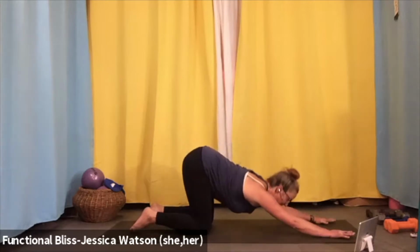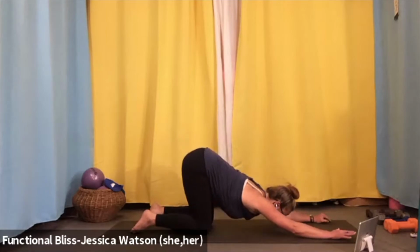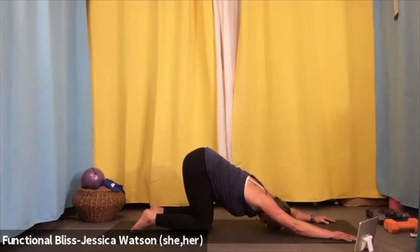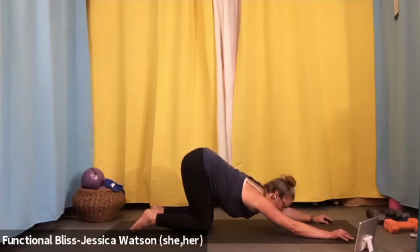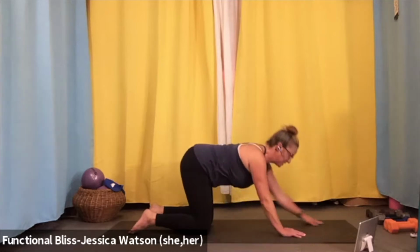Walk your hands towards the top edge of your mat. Make some space for your shoulders and just let everything soften here. Let your chest and your forehead melt down and take a couple nice deep breaths. Take one more breath here. And then when you're ready, slowly start to come back up into your tabletop position, wrists in line with the